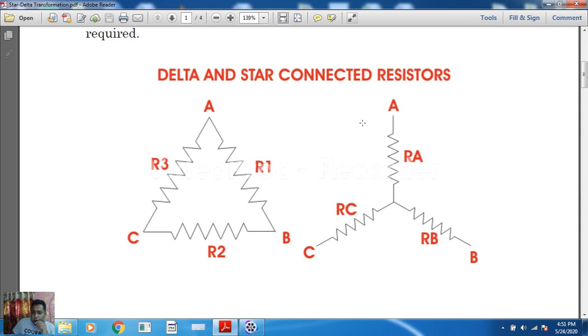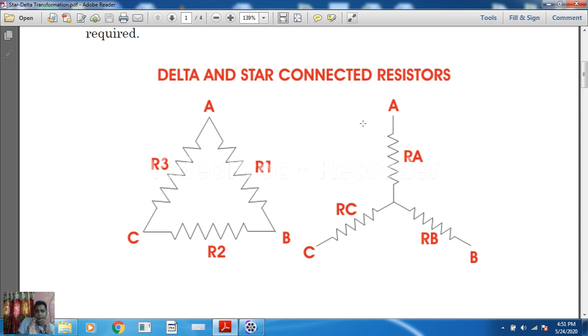Okay, so now for different circuit conditions, suppose there is a complex circuit present over there. Now we want to find out the equivalent impedance, or simply we can say the equivalent resistance of the circuit. Sometimes for mathematical calculation purposes, we have to change a delta circuit into a star circuit, and a star circuit into a delta circuit. Mathematically we can do that, provided that the property of the two circuits remains constant.